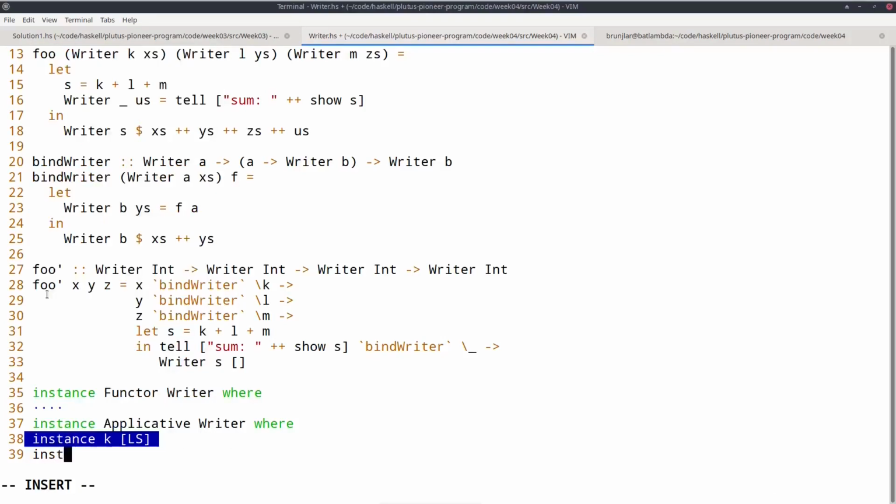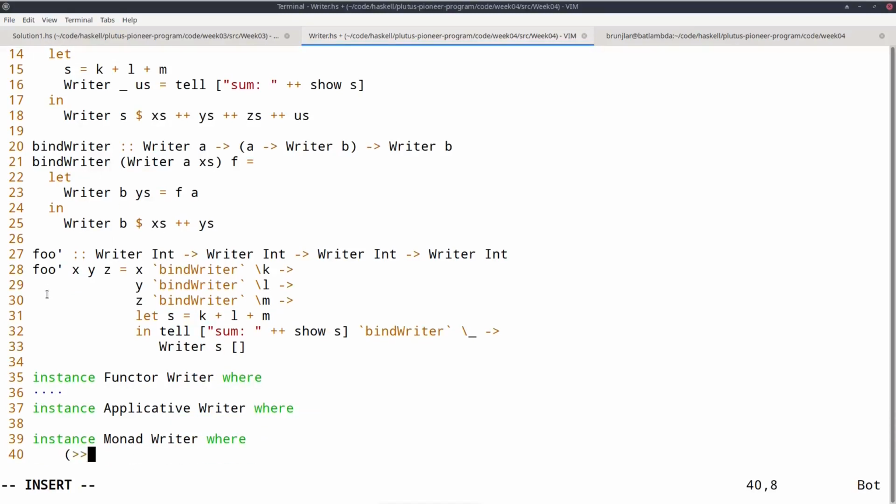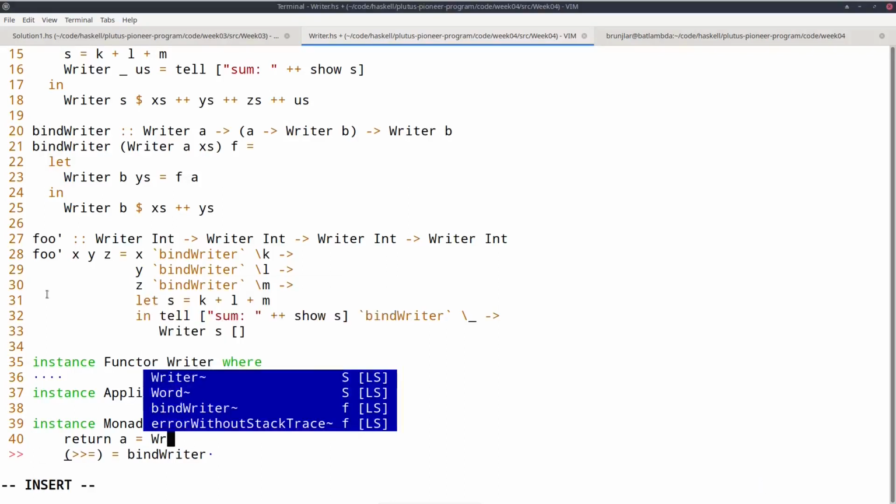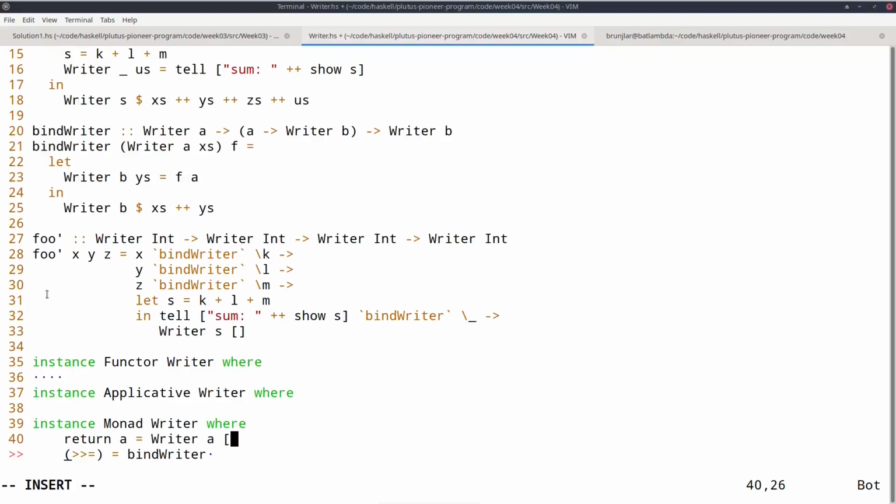All you normally do is define return and bind. Bind is just our bind writer, and return is what I wrote in the comment earlier: we return by simply returning the A and giving an empty list of log messages.